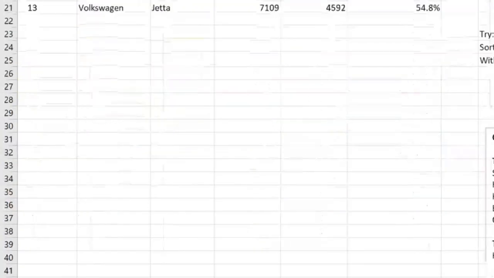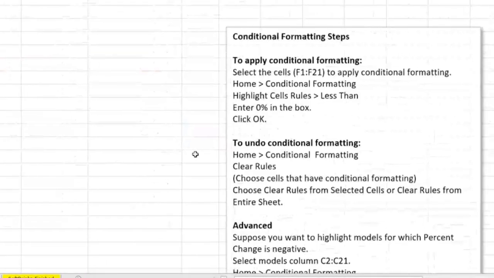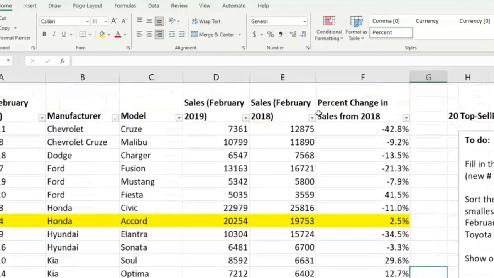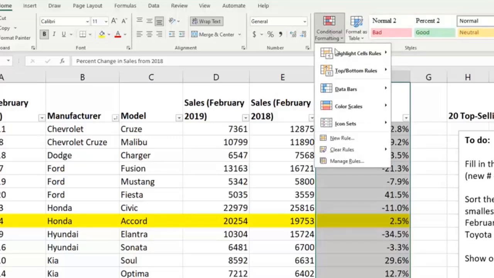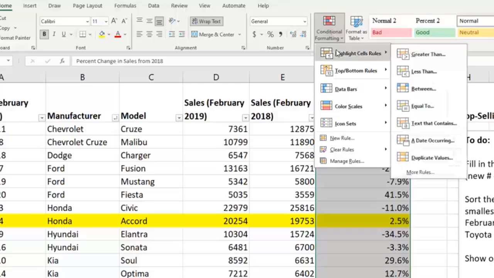Okay, so it's over here. Select the cells F1 to F21. Select this one, and then you follow this. So I go over here and select the entire column. Then in the Home tab, there's conditional formatting and highlight cell rules, and the rule is negative, so it's less